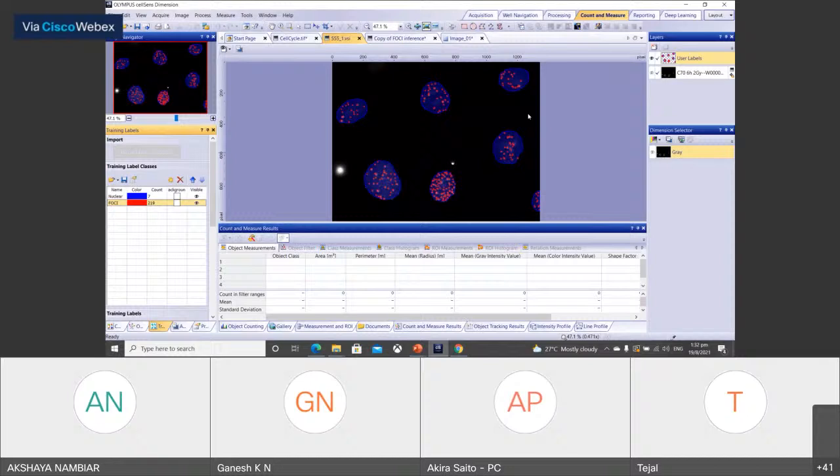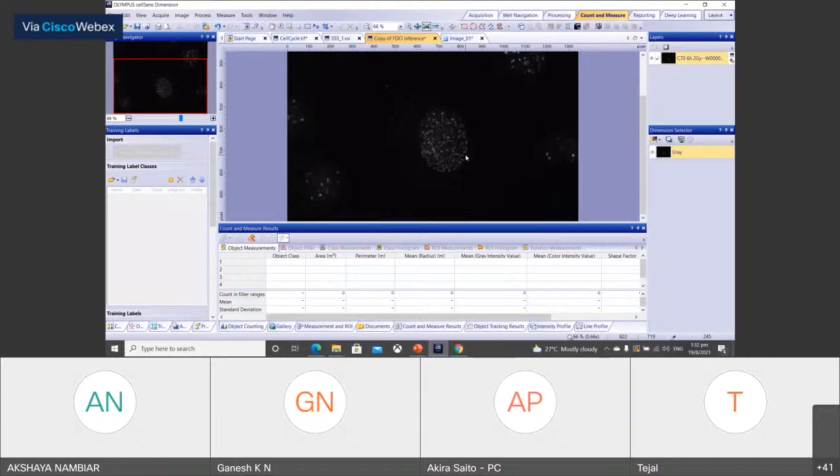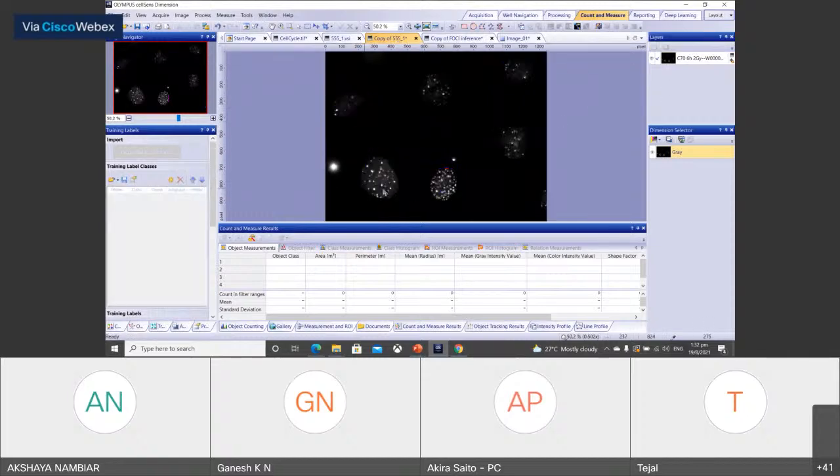So yeah, I already labeled, but I will show you how you can label this one. This is the image with the nuclei and the foci inside the nuclei.